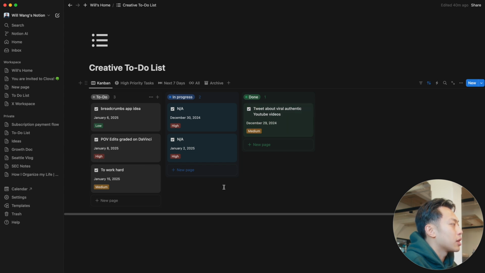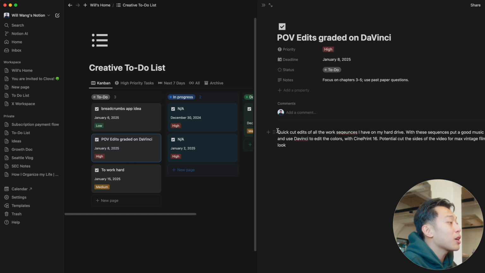Let me show you one of these. For these, I always have a title where I can easily and quickly remember what it is. But if you click in over here, you can see I have a description that is more detailed of what I am working on. This is one of the ideas I came up with, I think, while I was going for a walk. Basically, I want to make some shorts or post them on Twitter, using DaVinci to edit the colors with SynPrint, and because I have all these shots of Ryan and I working at different places, right?